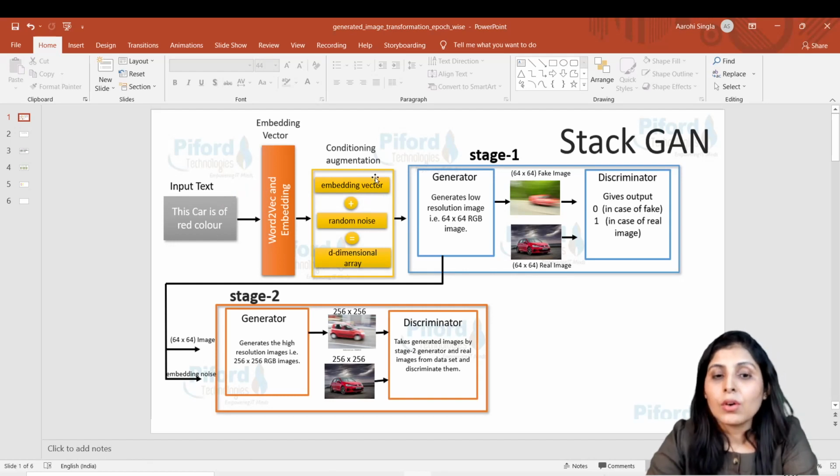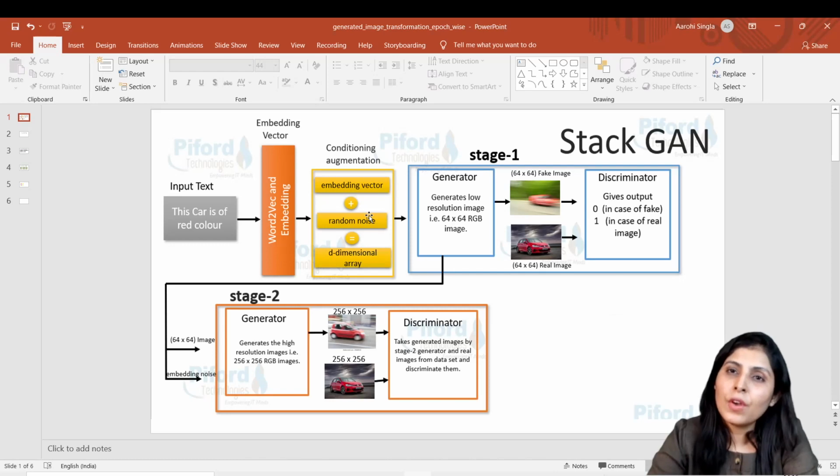On that embedding vector we are adding some random noise. In GAN networks, we start the initial process by adding random noise, and we initially start with a vector of 100 dimensions. We generally choose 100 because in most of the GAN papers they have started with random noise of a one dimensional array of 100 values.